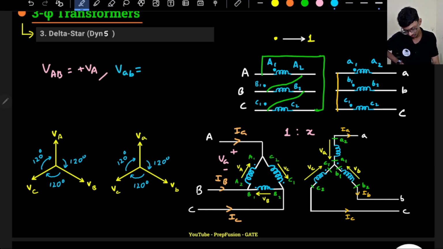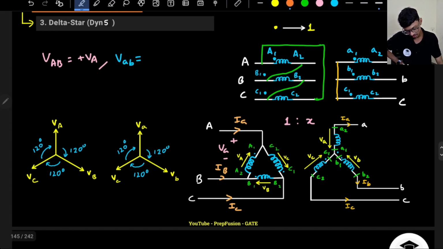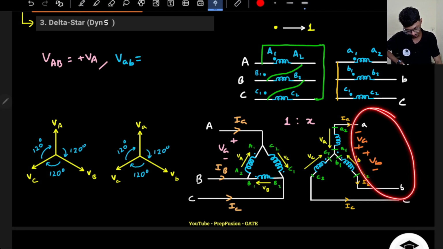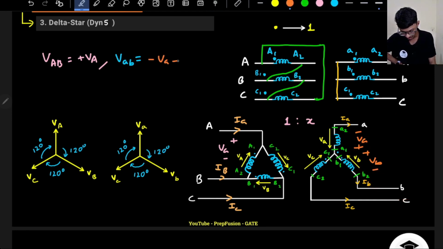So small VAB, I can write here, this will be plus minus VA and this will be plus minus VB. So this VAB is minus of VA plus VB, or if I take the negative sign as common, this will be VA minus VB. Okay,